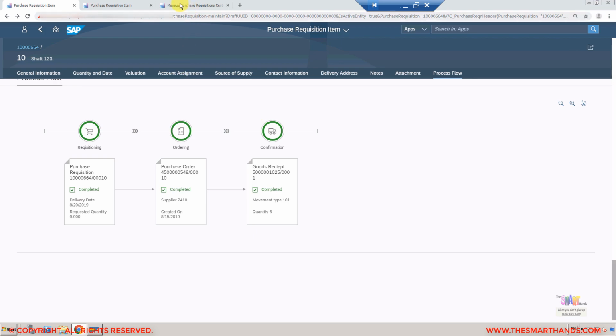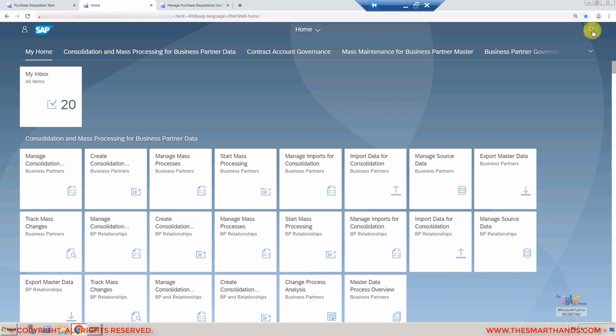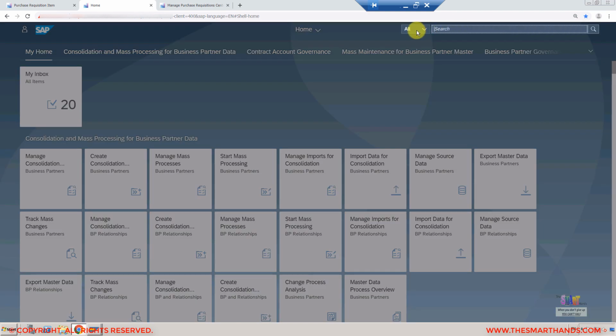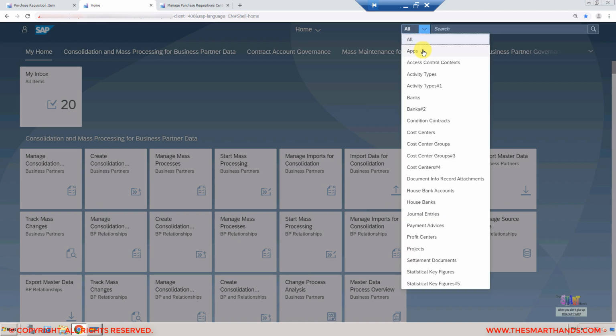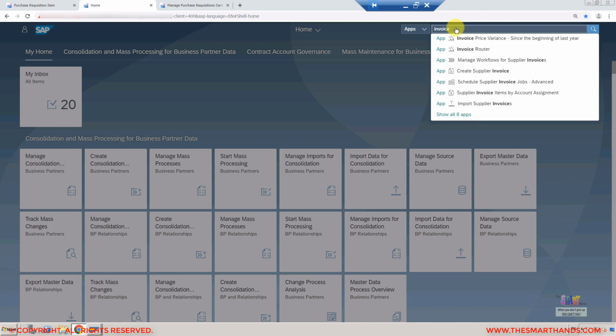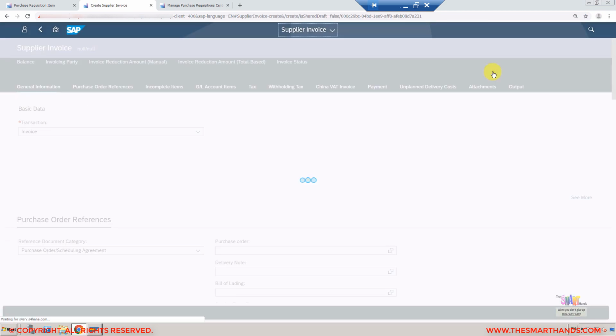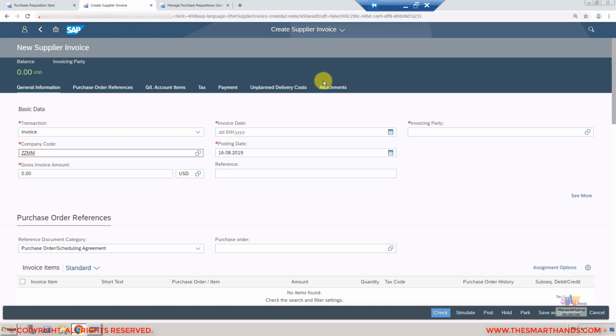So here I'll go to this app. I can go to the home screen, or I can search for it. The app name is Create Supplier Invoice, or what I will do, I will just search for the app called Invoice, for example. So here you can see the Create Supplier Invoice app. I can click on it. Here I'm going to do the last step. It's asking me for the invoice date. You can search for a date, or you can type it manually, press enter,